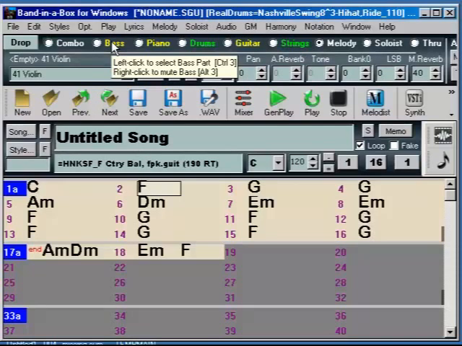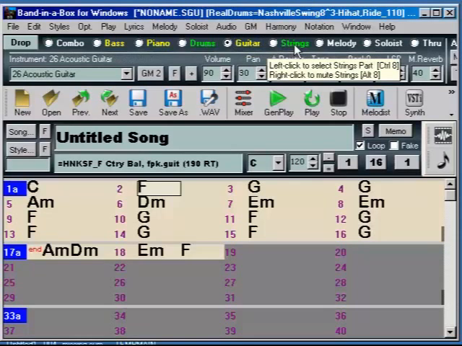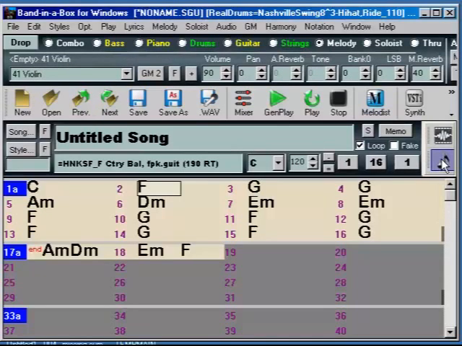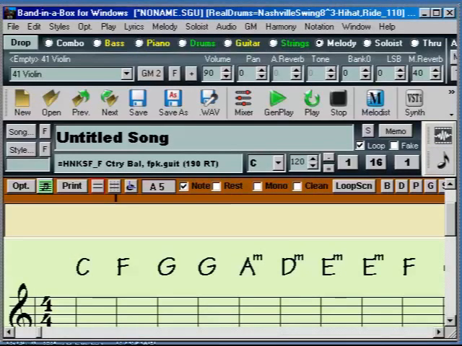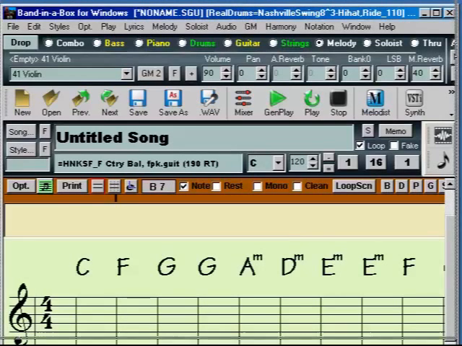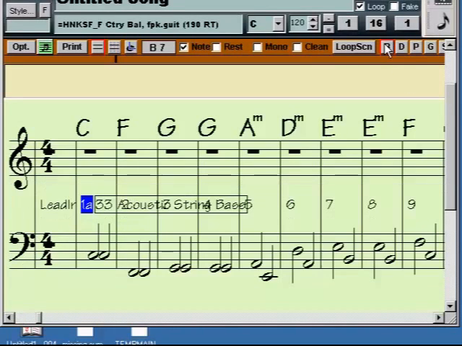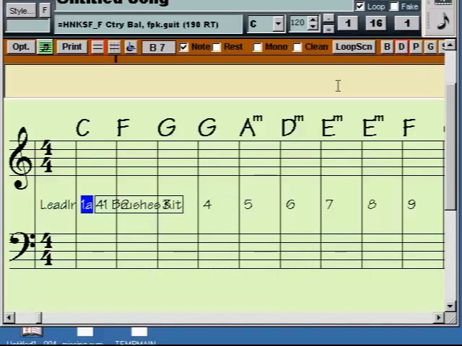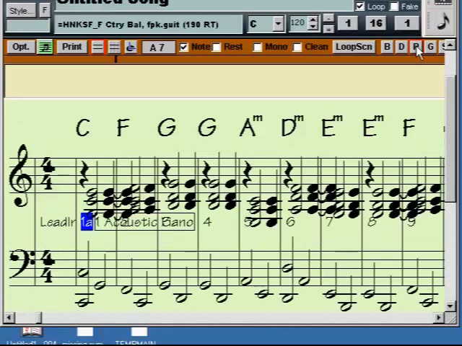Let's take a look at our instruments with this particular style. This has got an acoustic string bass, and then a piano. We've got a real drums track here. We've got a guitar, and for strings we've got a finger picking guitar. For the melody it says empty violin, so there's really no melody in here. If I click on this, the way I've got the windows sized, we can't see this, but I can make some adjustment. See, there's nothing there. However, there is something for the bass. There's something in here for the drums that works a little differently. Well, that's pretty complicated for the piano, but let's not confuse ourselves too much with this,